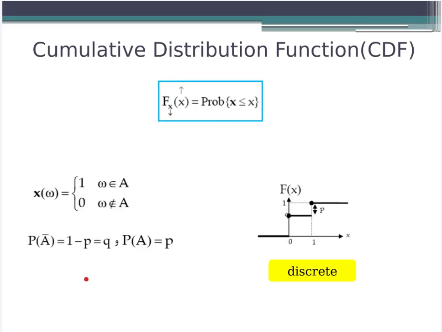Okay, suppose that we have a random variable X that takes the values 1 and 0, 1 with the probability of p and 0 with the probability of q. Here we have the CDF function of this